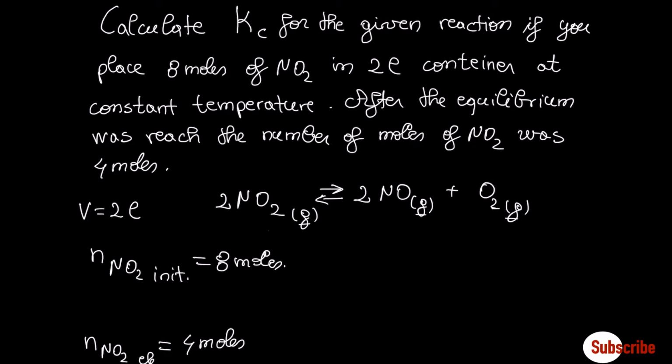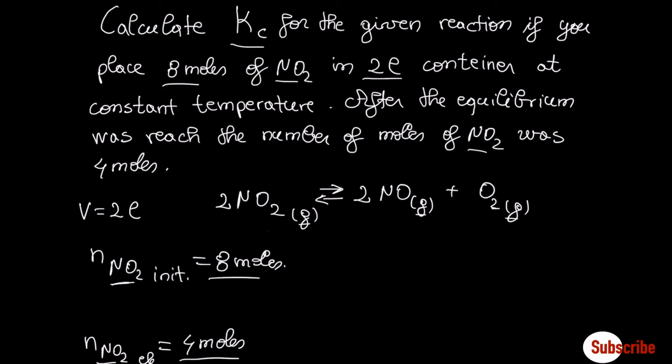Calculate the equilibrium constant for the given reaction if you place 8 moles of nitrogen dioxide in a 2-liter container at constant temperature. After the equilibrium was reached, the number of moles of nitrogen dioxide was 4 moles. So we have 8 moles first in the container, which means that is the initial number of moles, and 4 moles that remain in the container after the reaction takes place, which means that is the number of moles at